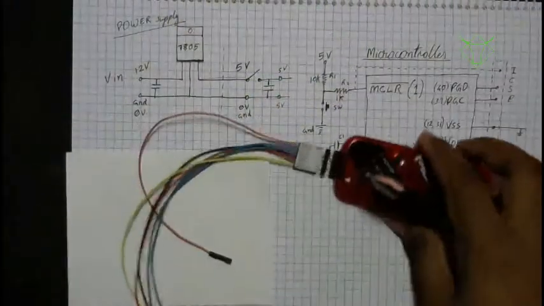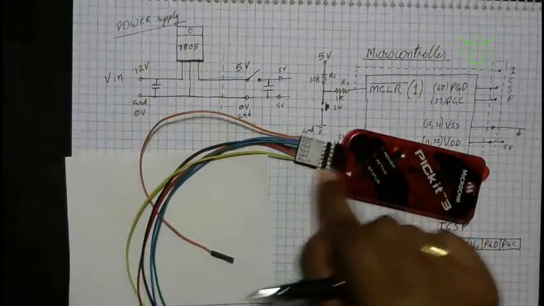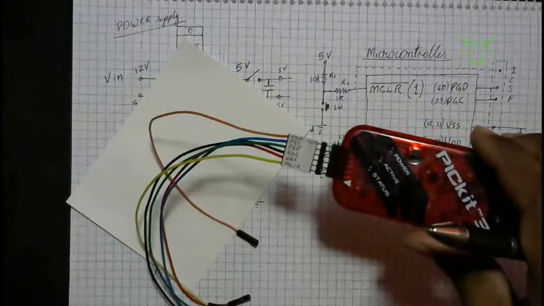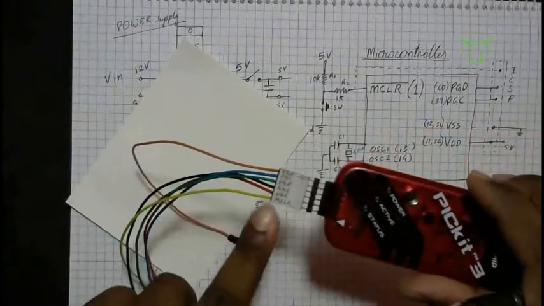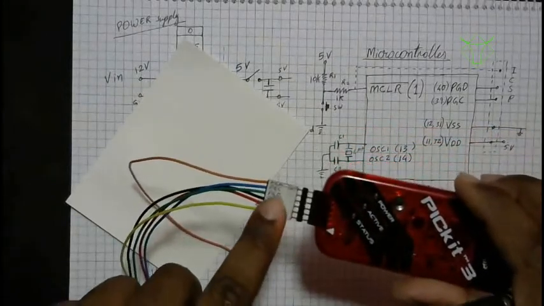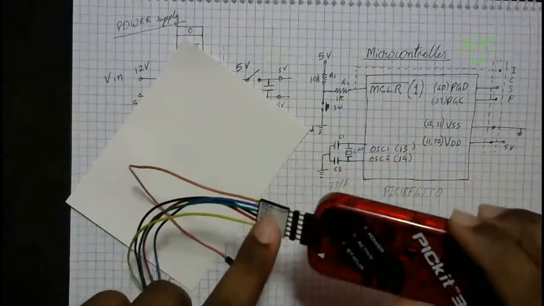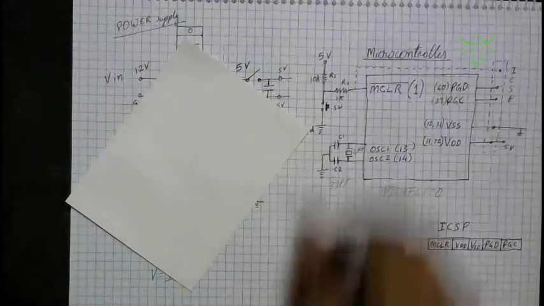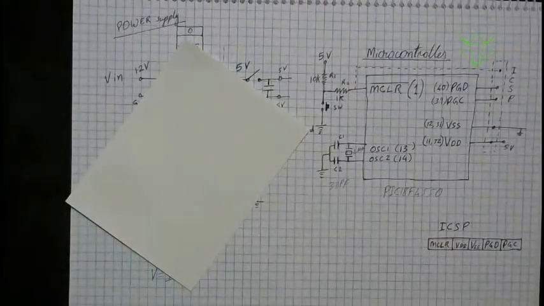Okay, so this is the programmer, and I have already marked pin number 1, that is the arrow. I don't know if you can see this. It is MCLR, VDD, ground, PGD, PGC, and the last one, the 6th pin, is the low voltage programming pin in PICkit 3 and an auxiliary pin in PICkit 2.